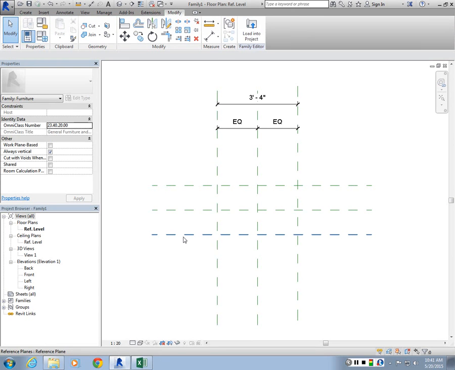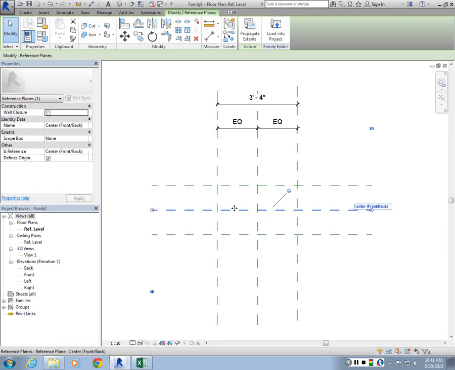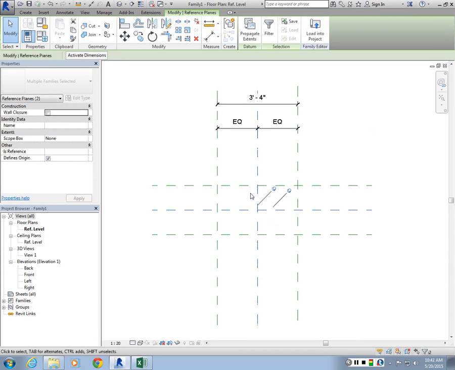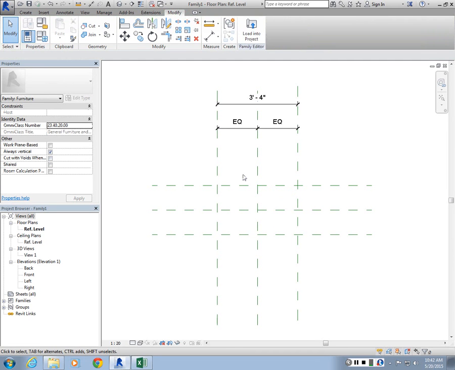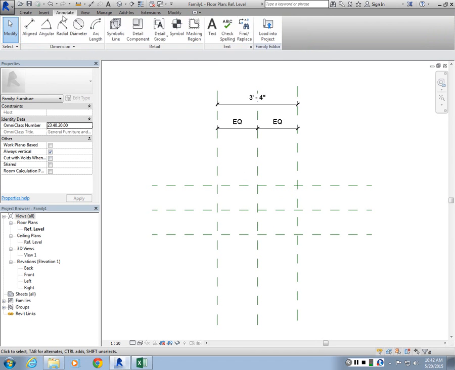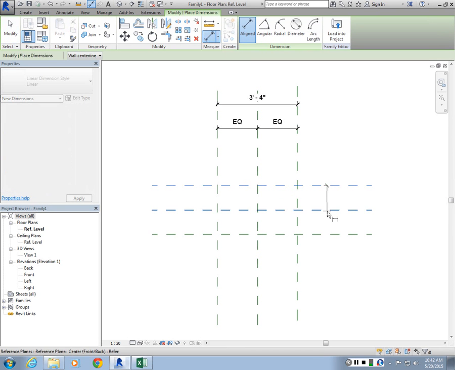So these are dynamic, but these are fixed, right? When you select this, it gives you highlights that this is center, front, back axis, and it's pinned, it's locked, because we want to use these two as the kind of main axis for our furniture family. The next thing I'm going to do is go to Annotate, Aligned, do the same equality relationship here, and